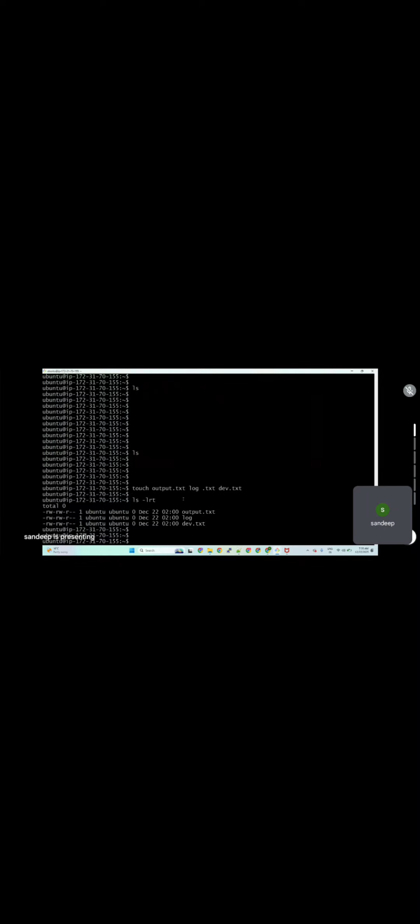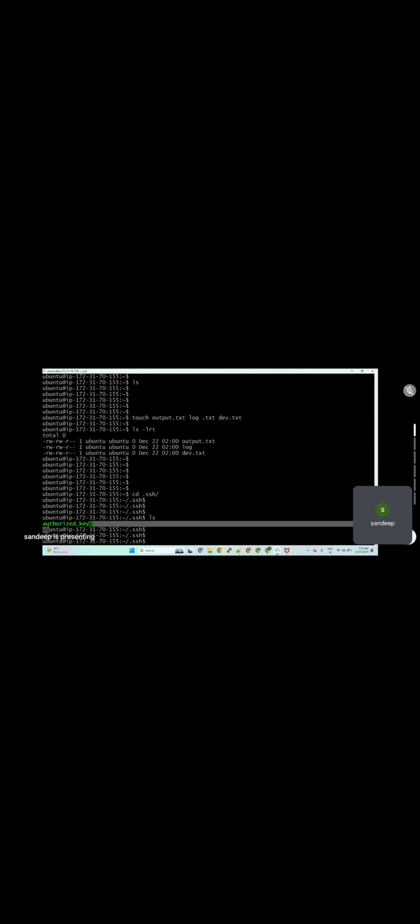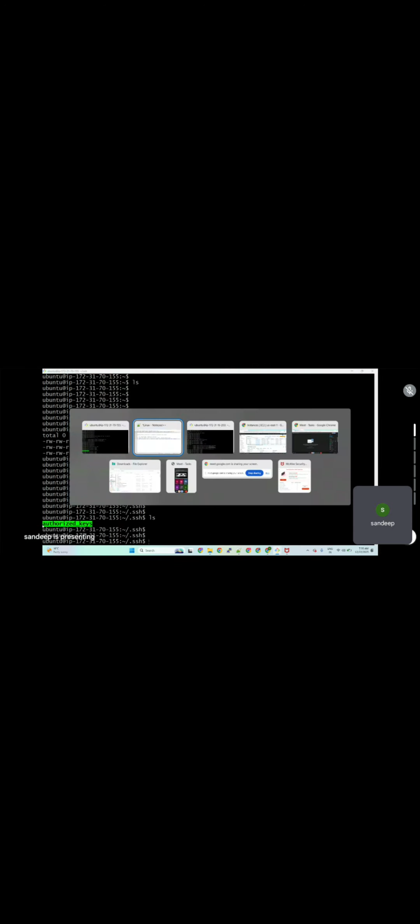under the .ssh folder, where the file called authorized-keys is. Correct. The authorized-keys. cd to .ssh, authorized-keys. Okay. And then run